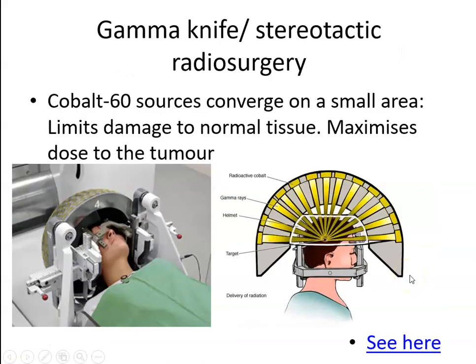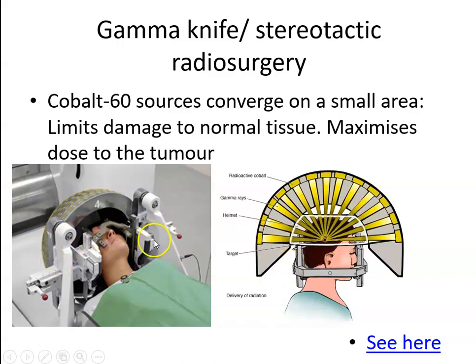And that concept can be taken a step further with gamma knife or stereotactic radiosurgery, and this was originally set up with a series of cobalt-60 sources, all pointing towards a single focal point. And this was originally used for brain tumours, where